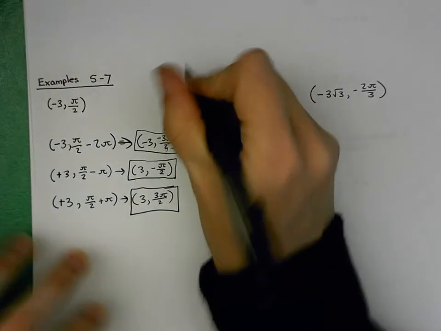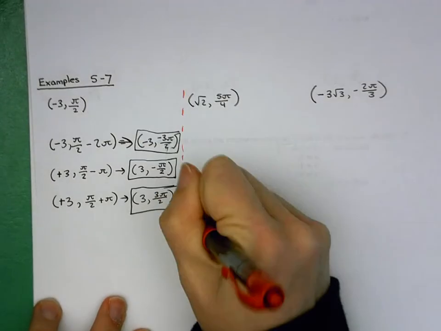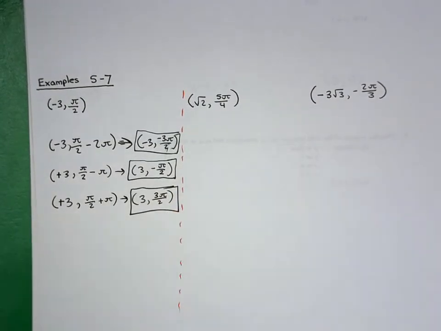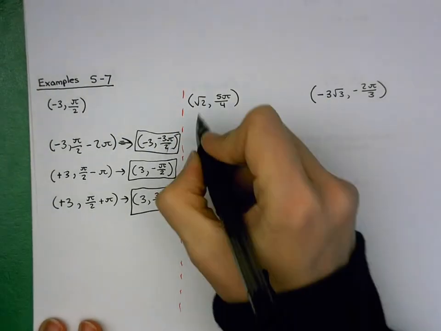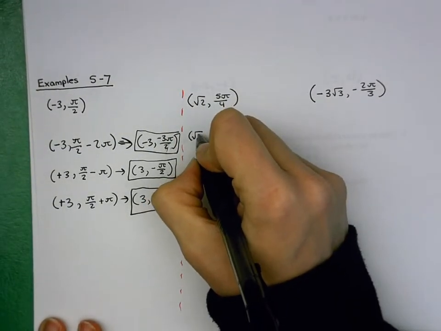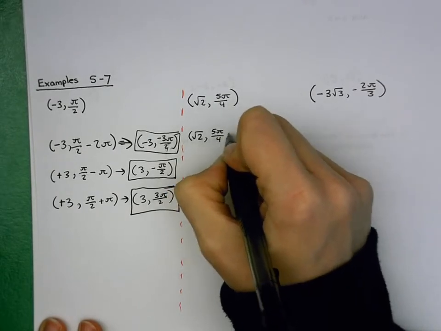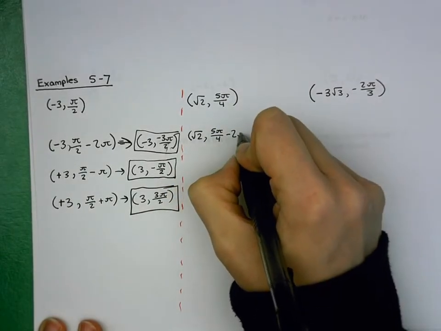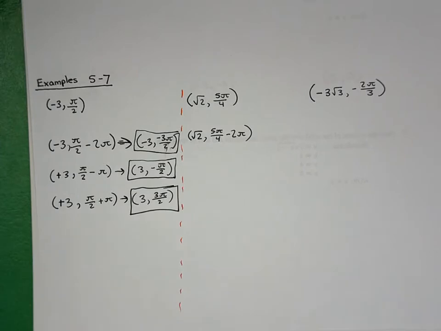Okay, next up, let's separate this. We've got our root 2, 5 pi over 4. So first up, keep your r and take your theta and either add or subtract 2 pi to it. In this case, we're going to subtract 2 pi. If we added 2 pi, it would send me up and over my negative 2 pi to 2 pi domain, so we're going to subtract 2 pi,